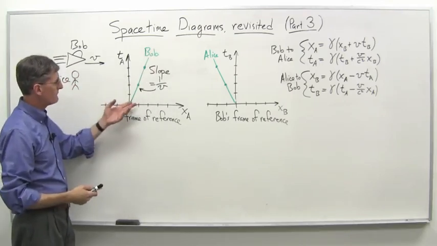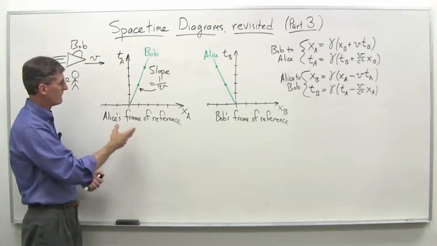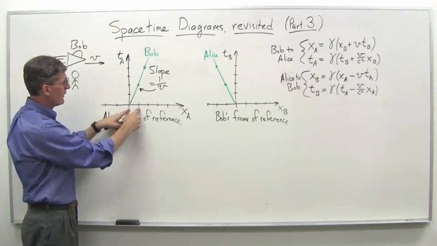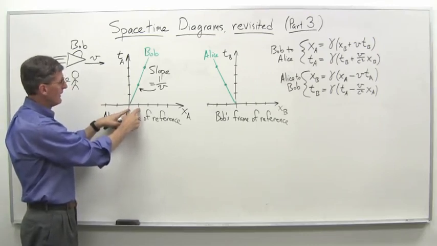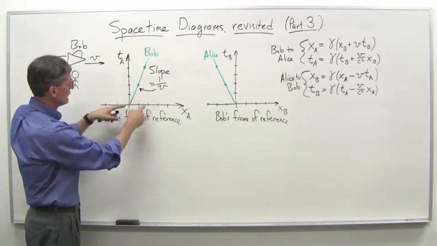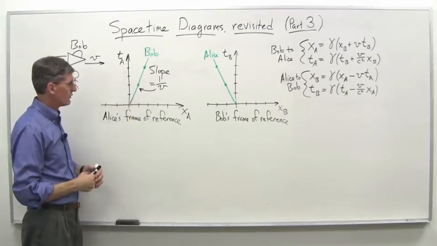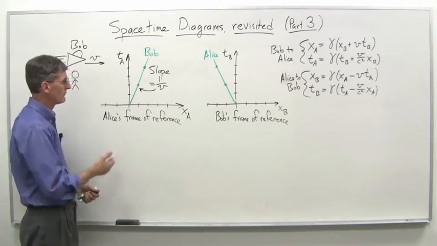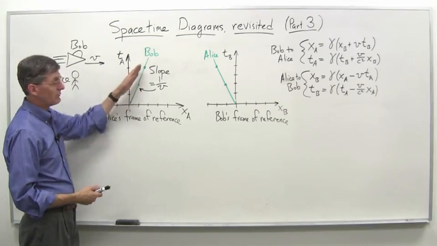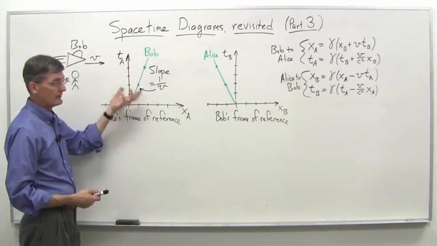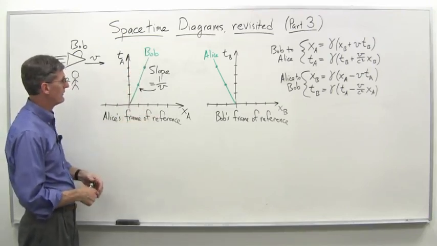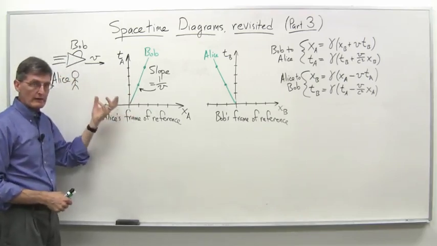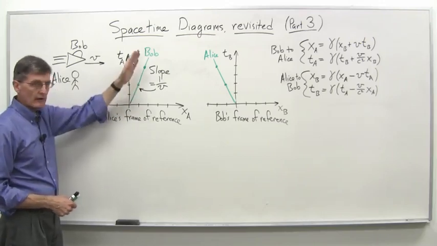And we can see Bob, at least on our plot here, is traveling such that in 2 years he goes 1 light year, and in about 4 years he goes 2 light years. So it looks like he's going at about 0.5, half the speed of light. The slope is actually 2 here, and therefore the velocity is 1/2, in other words half the speed of light. And that would be Bob's world line in Alice's frame of reference, a straight line, because he's going at constant